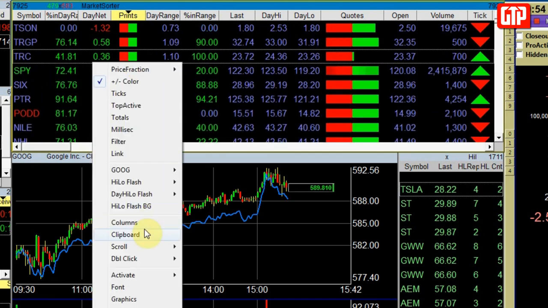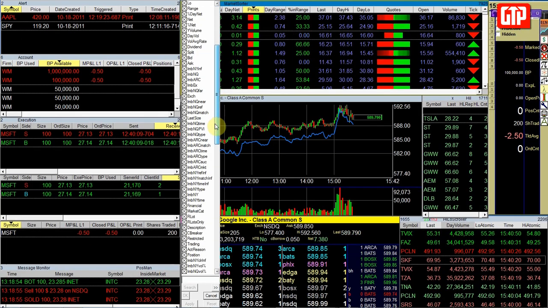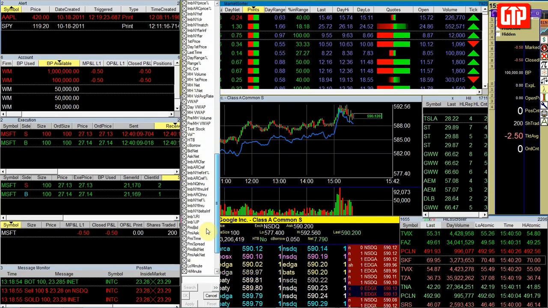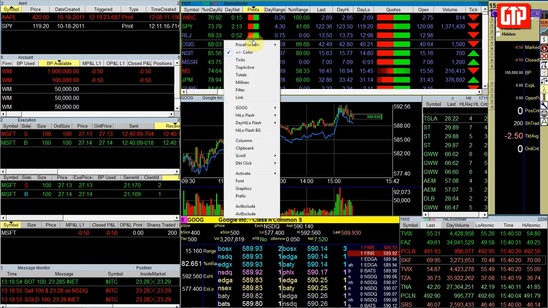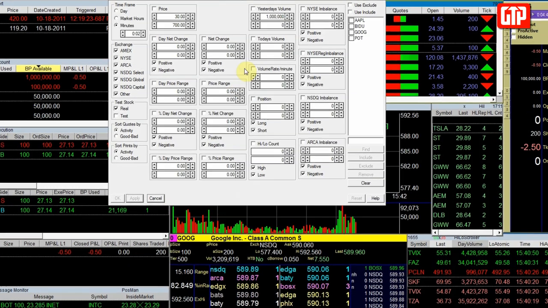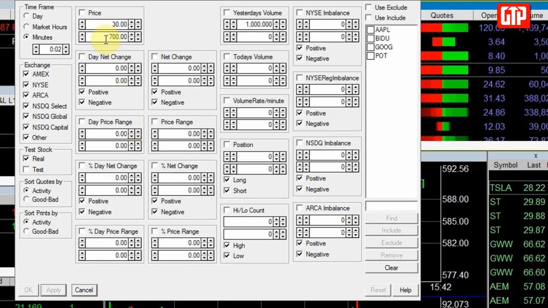If you right click and you go to columns, you could see all this data that is available for you to sort by, and there are actually over 130 different columns. Likewise, if you go to filter, you could set the criteria here, and you can have the time frame in day, market hours, or minutes, price, day net change, price range, percent change, yesterday's volume, volume rate per minute, the high-low count, imbalances,